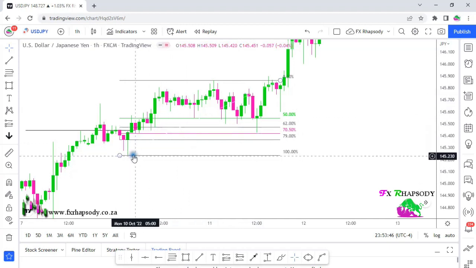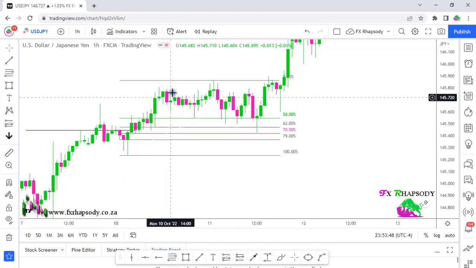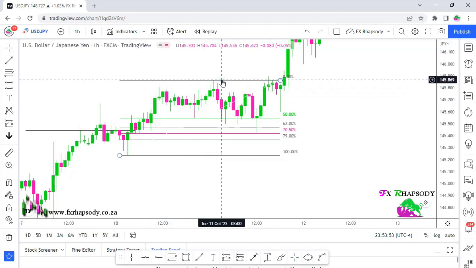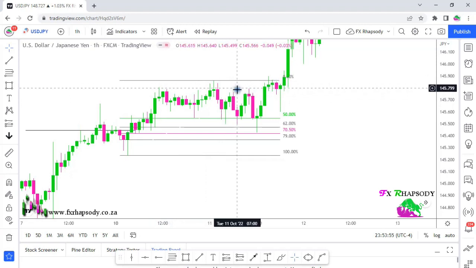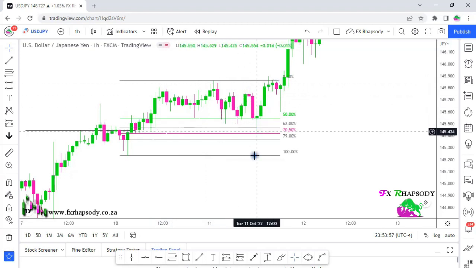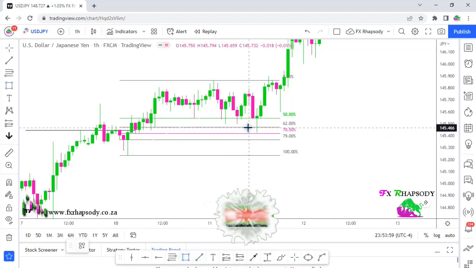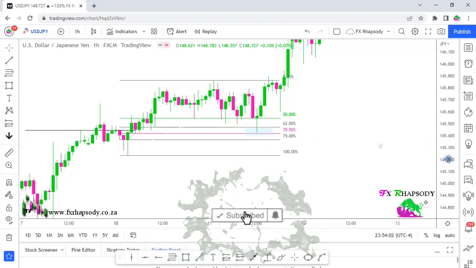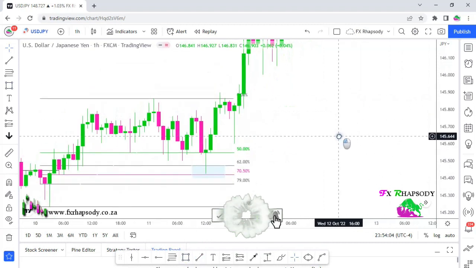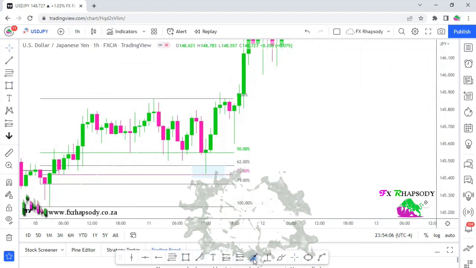So as you can see, we have a swing low, then price consolidating, ranging a little bit, and then creating a little bit of a higher high there, and then coming back and retracing nicely to our 62% area, which is right about there. And as you can see, a perfect entry, price going there, and that is exactly where you take your trade,